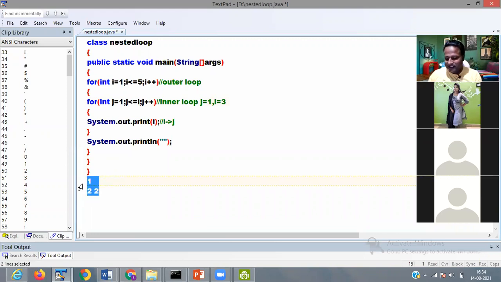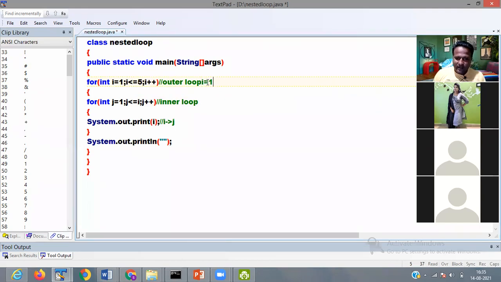Again I will explain. i is 1. 1 less than 5, condition is true.